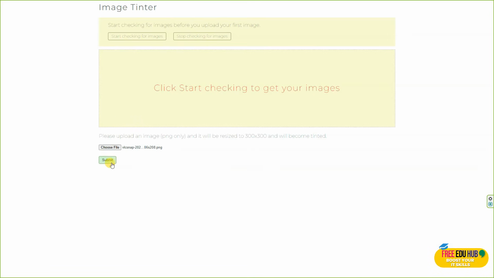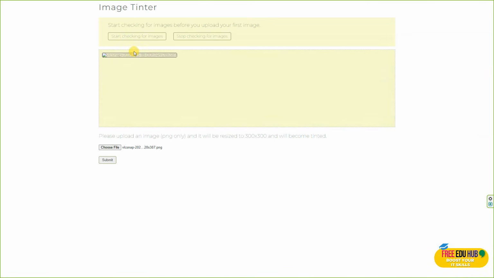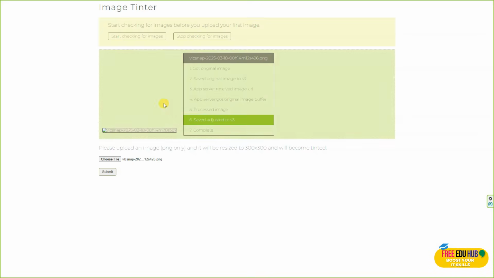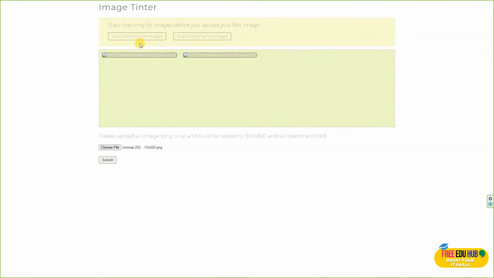So I have selected an image, and if I click submit, it would upload it and start processing it. And as you can see, it's processing the image and it is trying to load over here. Now if I select another image, it is processing that as well. And now I can click on start checking images. So it is checking, and if you want to stop, you can click on stop checking the images. And if you want to delete these images, you can click on this delete and it would disappear. But before I